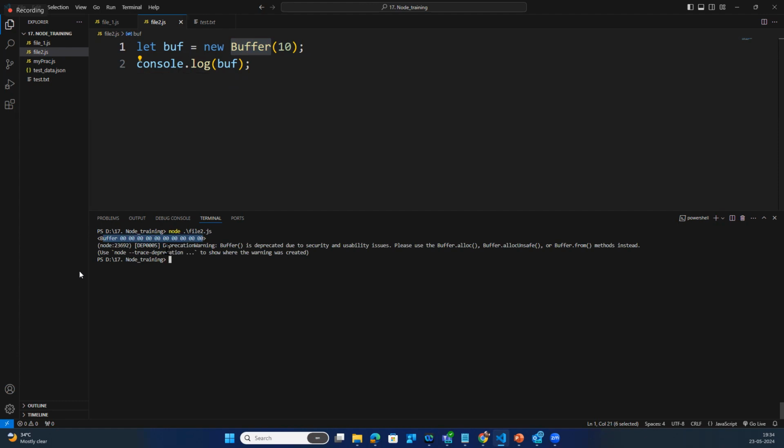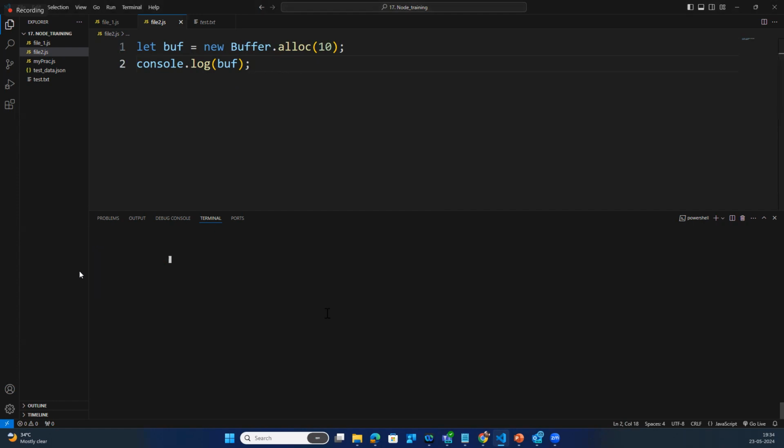But when I'm using this one, it clearly shows a warning that Buffer is deprecated due to security and stability issues. Please use Buffer.alloc. So I'm just going with Buffer.alloc. You can use Buffer.alloc or Buffer.allocUnsafe, or Buffer.from, instead of using new Buffer. Now, if I run this code,